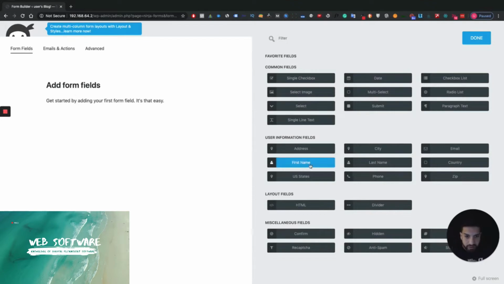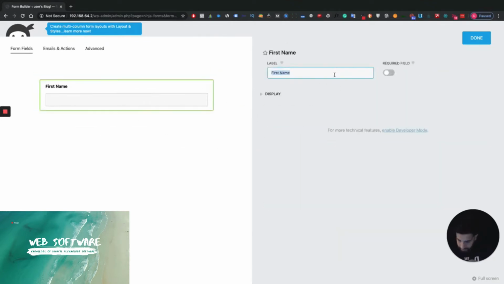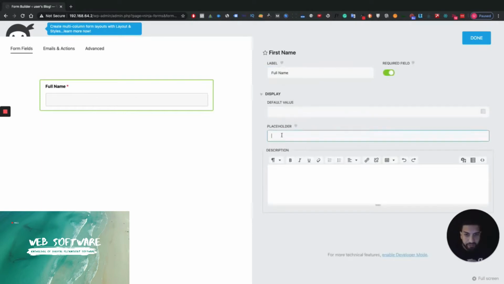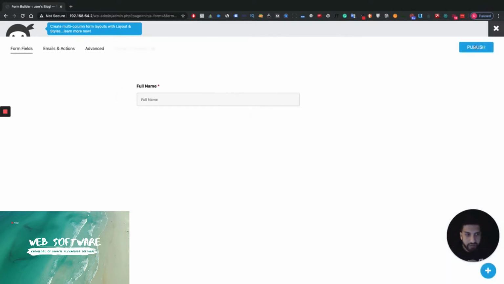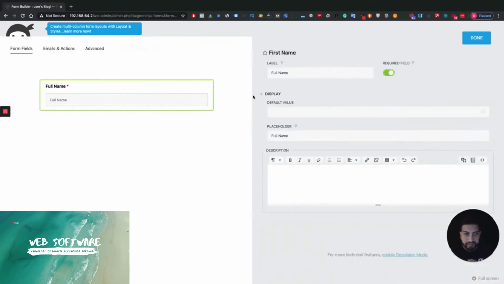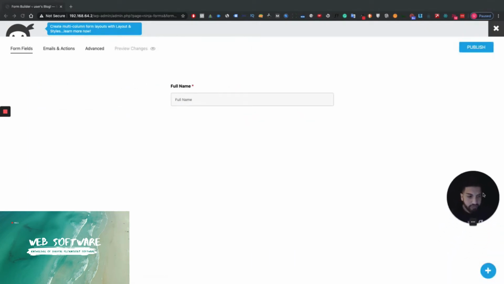Now what you need to do here is, first thing is add a name. And I'm just going to change this to full name. I don't like having too many fields. And I'm going to change this to required, and then I'm going to add full name as a placeholder, and you'll see why later on in the video when I'm styling this. I definitely suggest you doing this. So it's up here a bit,